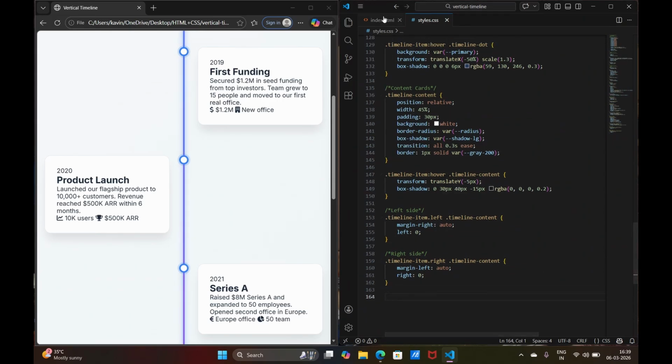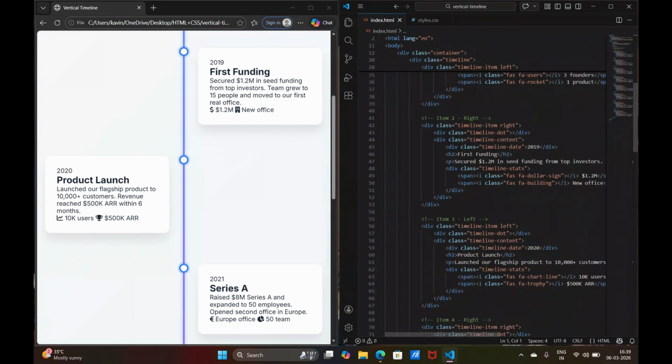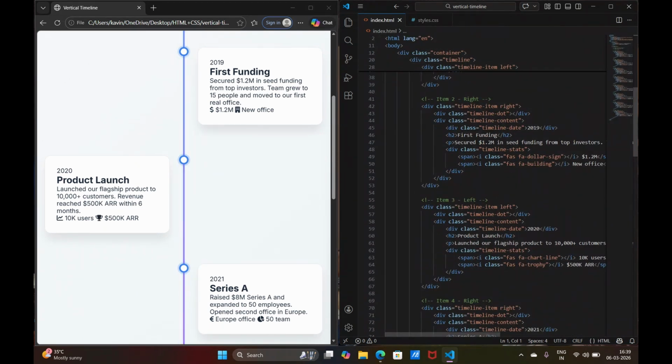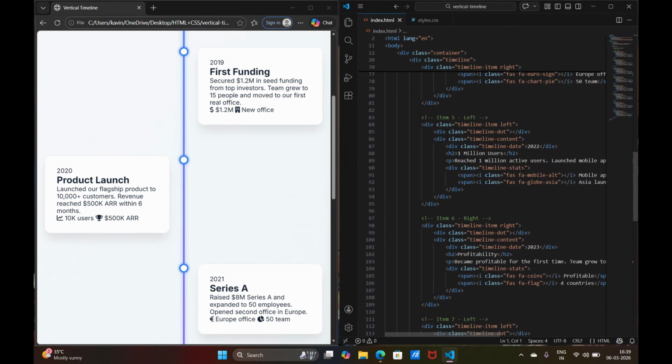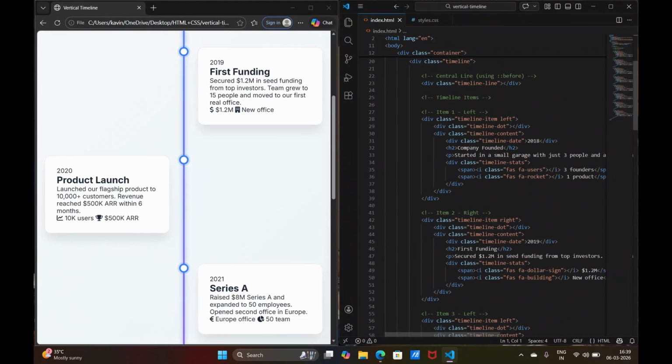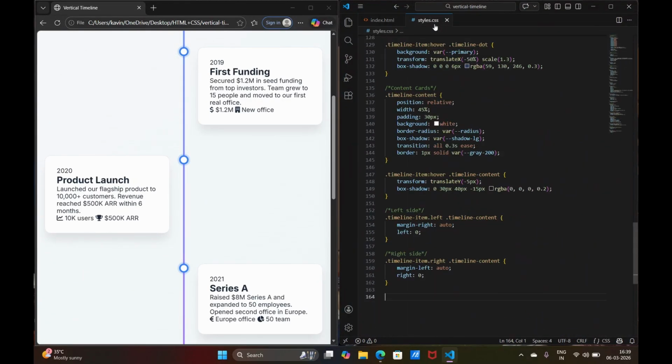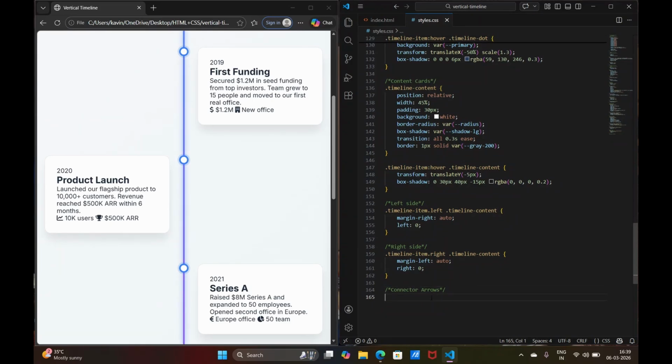I will add the connector arrows now. I also mentioned this code here, item 2. I will show what the connector arrow is. I don't know how to explain that in words. So connector arrows,